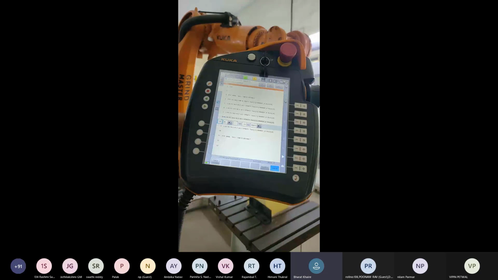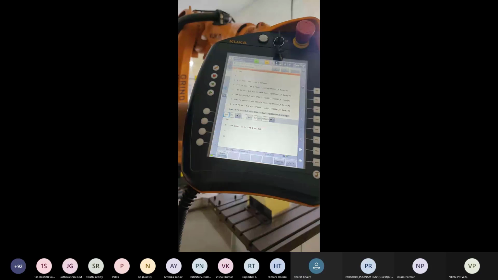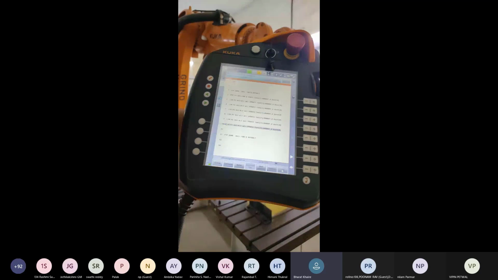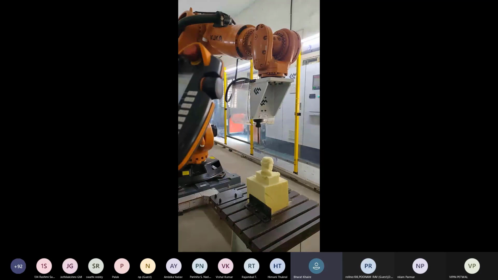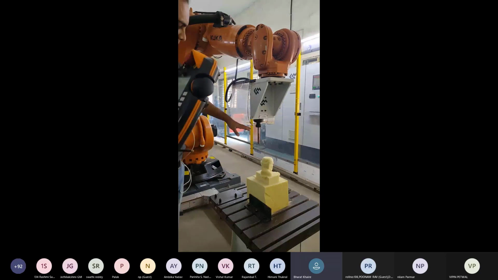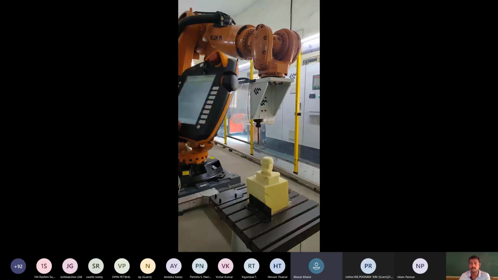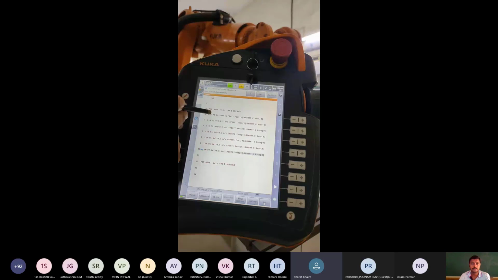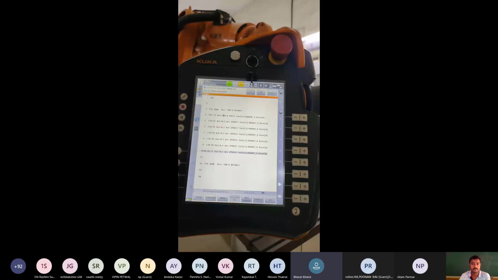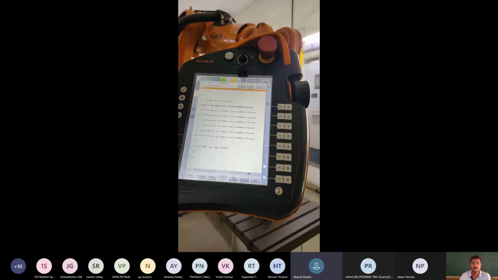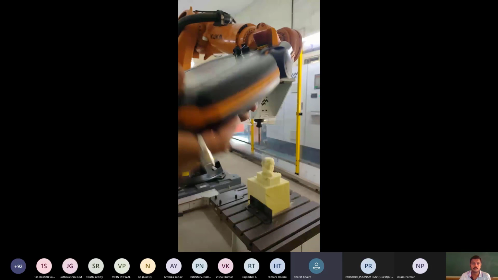Okay, now y minus 100 mm. So the square is completed. Go in motion, change the point as a linear point, and give command. Okay, so now we have started with a PTP point. The PTP point is above this point. So we can go directly to this point by using this PTP block. Only select the PTP point, and here one option is given, block selection. So block selection is given here. Then just enable the key and play the program.